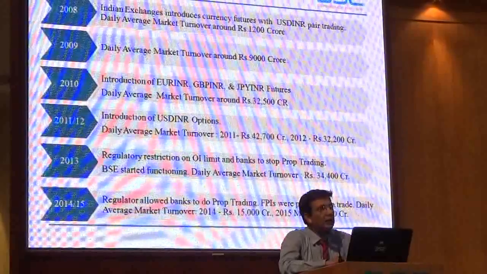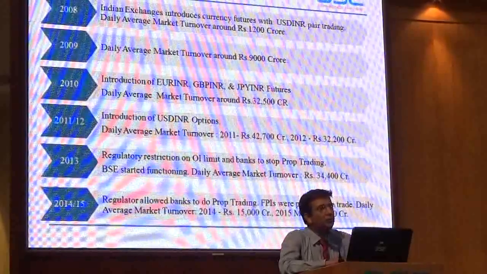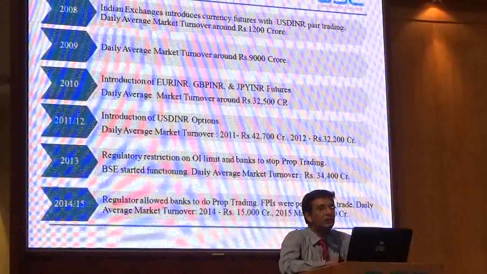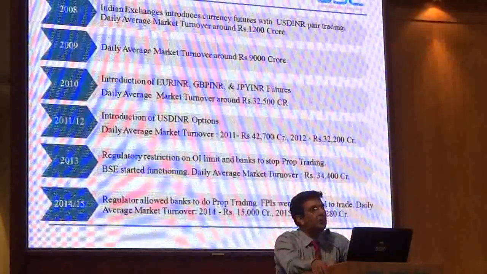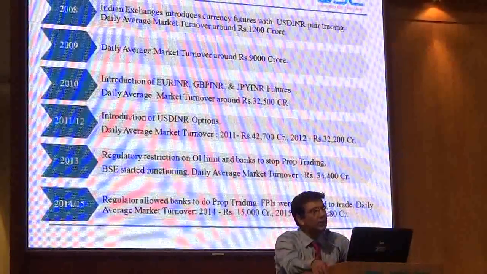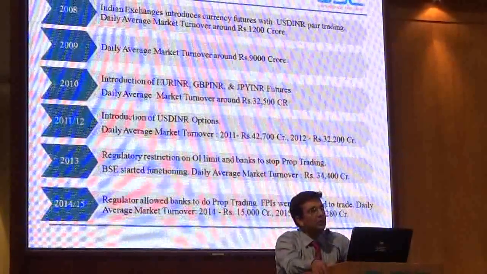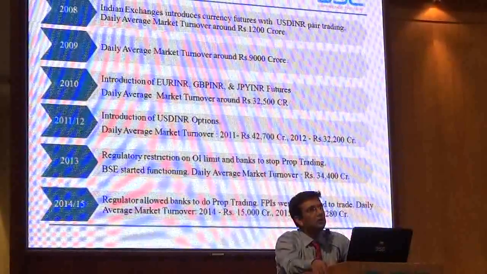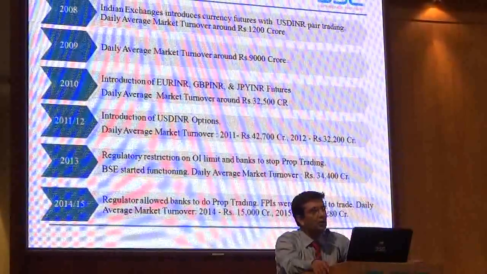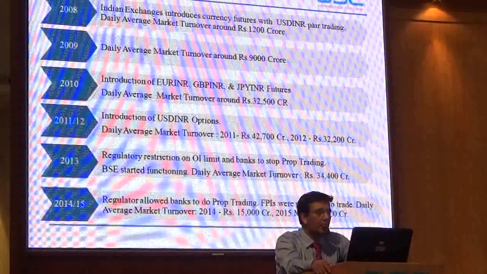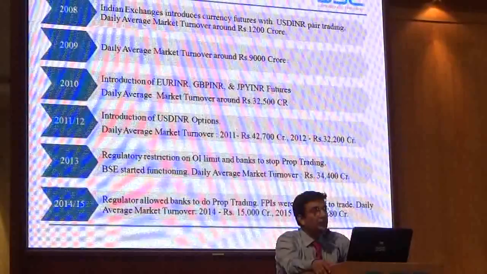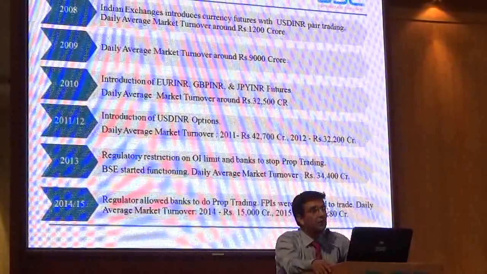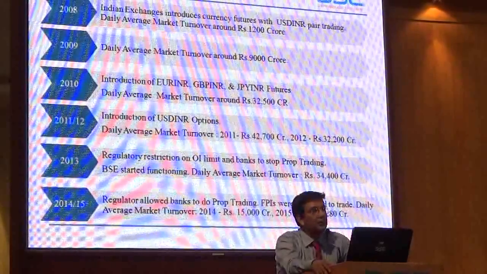In 2010, regulators allowed 3 more pairs. Initially only USD INR was allowed to trade. Later on, Euro, Yen and Pound were also allowed to trade. And in 2011-12, they allowed options on USD INR, not on the other pairs, only on USD INR. So in 2011-12, it was the biggest market as far as volume was concerned, around 8 to 9 billion were